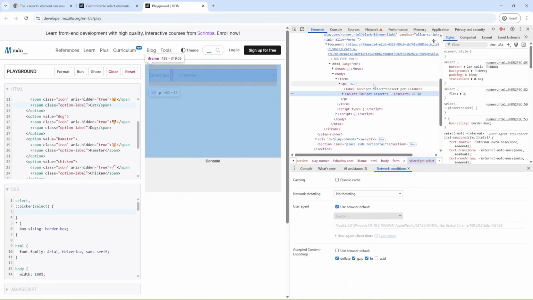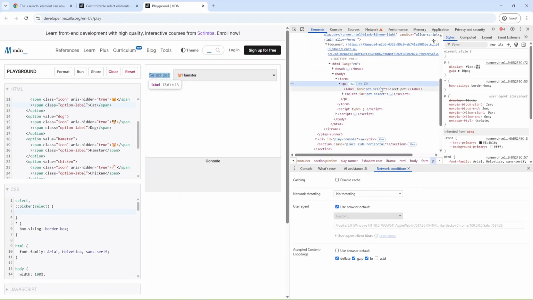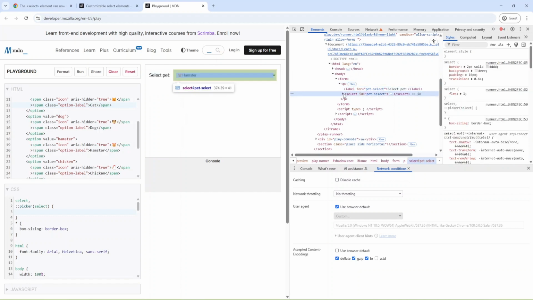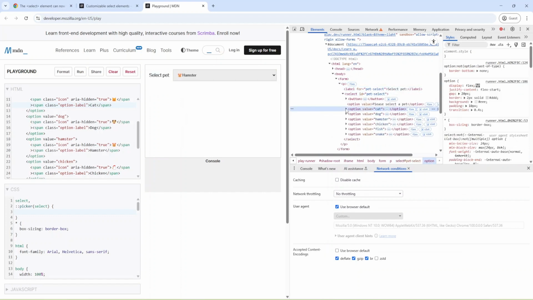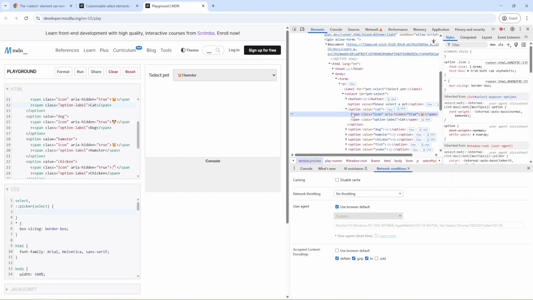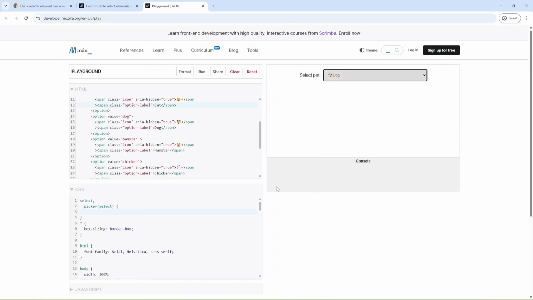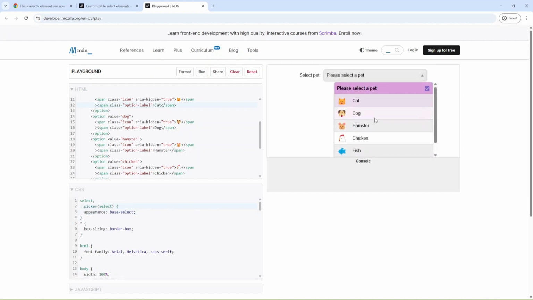I have the paragraph, label, and select, and inside the select for each option I still have some classes and also spans, but my classes don't work. Let me hide developer tools and return my appearance back, and we have our previous select.